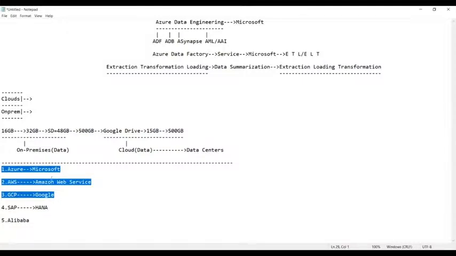Amazon was number one before, but now it has come down to the second and almost even the third position. Why? Because Amazon is more costly. A job which requires 100 rupees here, the same service is provided by Azure for 15 rupees.